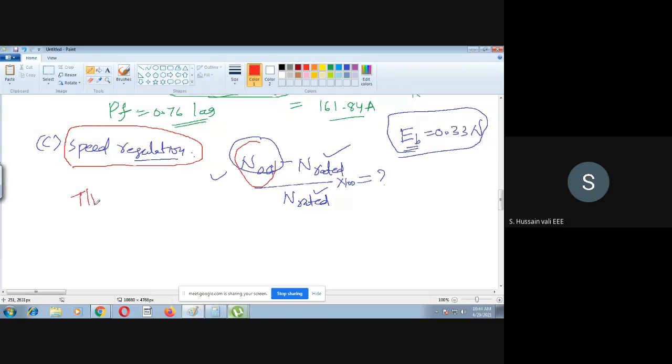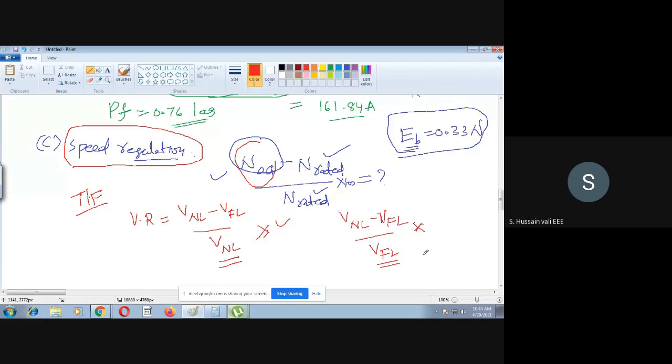In the case of a transformer, do you remember what is the voltage regulation? Voltage regulation of the transformer. I will write one equation here: (V no load minus V full load) by V no load. This is one way to find out the regulation. There is another way: (V no load minus V full load) by V full load. So in the first case, the regulation is with respect to the no load voltage, whereas in this case, the regulation is with respect to the full load voltage.